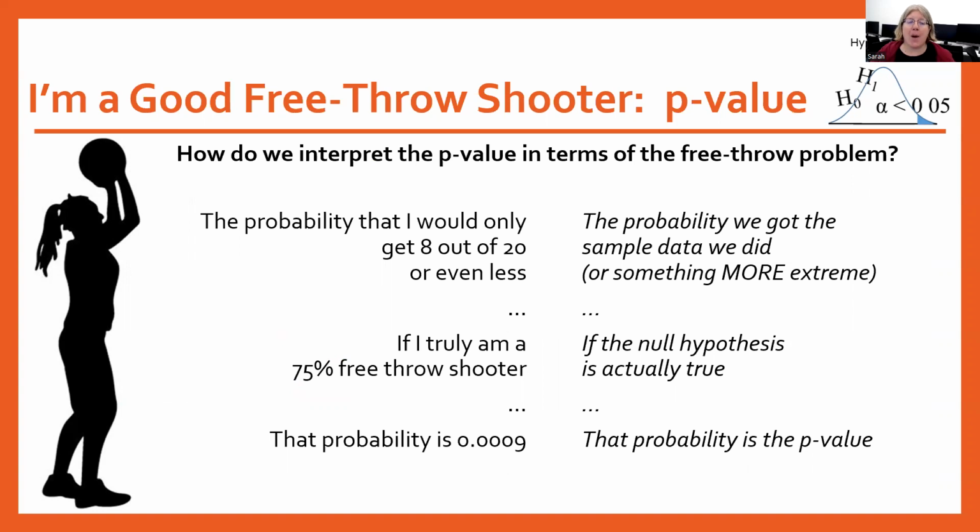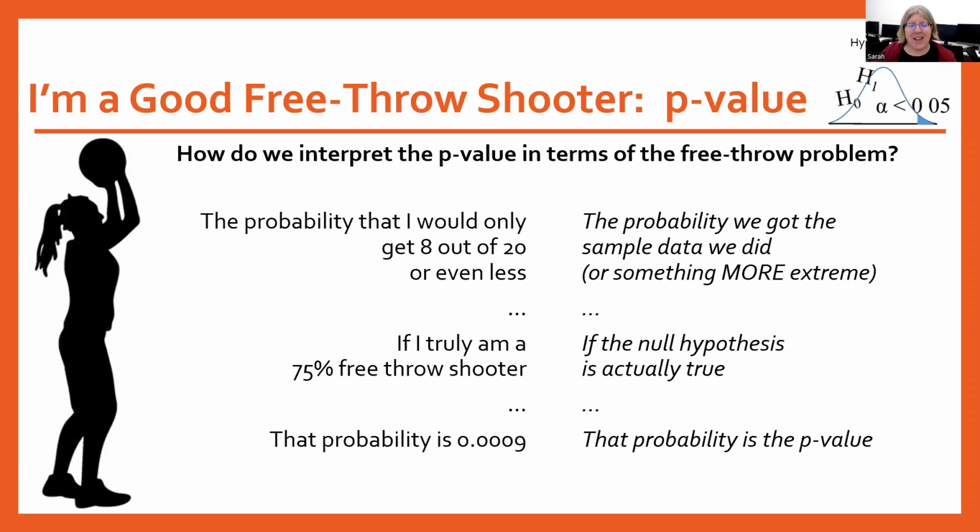The probability that I would only get 8 out of 20 or even less, so that was my free throw percentage when you challenged me, was I got 8 out of 20. So the probability that I would only get 8 out of 20 or even less if I'm really a 75% free throw shooter. So I'm going to state if my null hypothesis is true, so if I really am a 75% free throw shooter, that probability is 0.0009. So altogether it reads, the probability that I would get only 8 out of 20 or even less if I truly am a 75% free throw shooter is